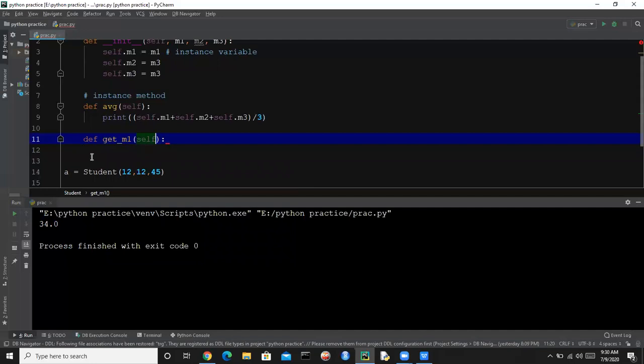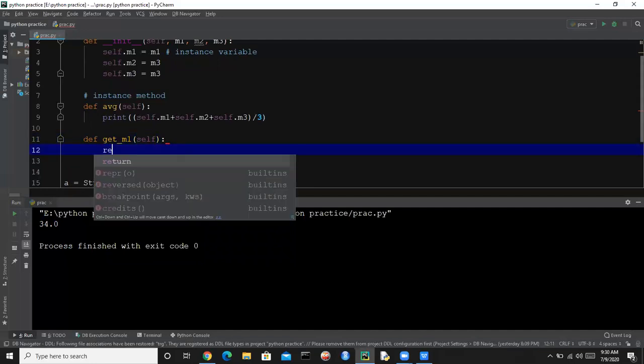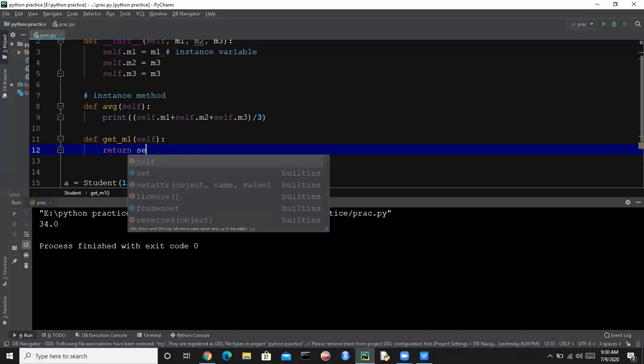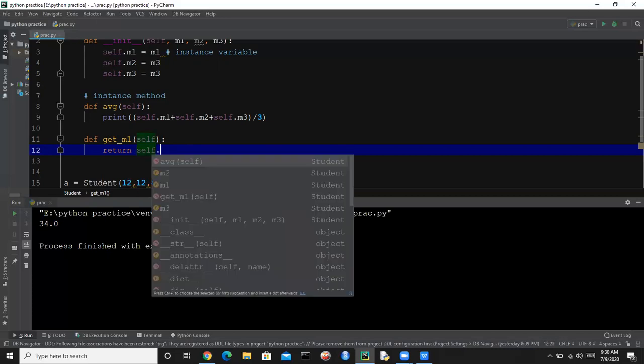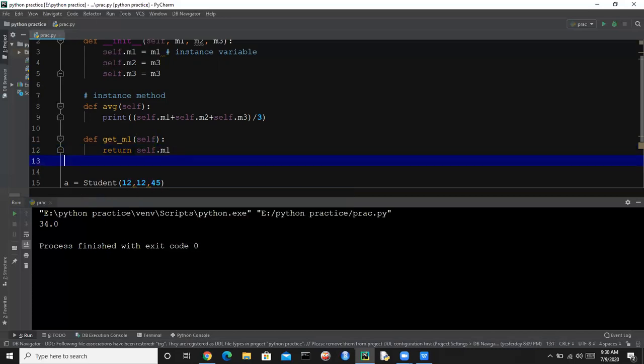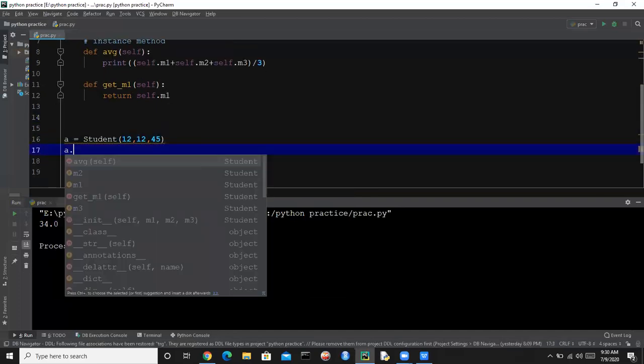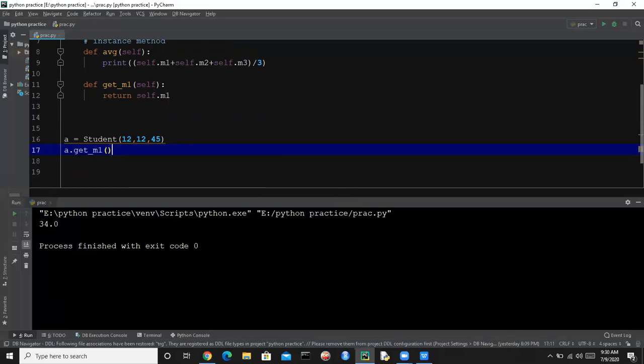Now we have created an accessor method, and if you want to fetch, it will return. So now we are using return because it will return the value of this m1. So let's return self dot m1. Now this is an accessor method, so let's call this accessor method and run this.